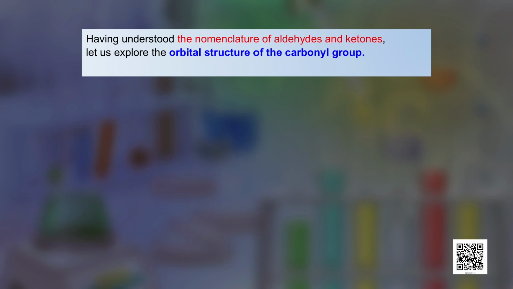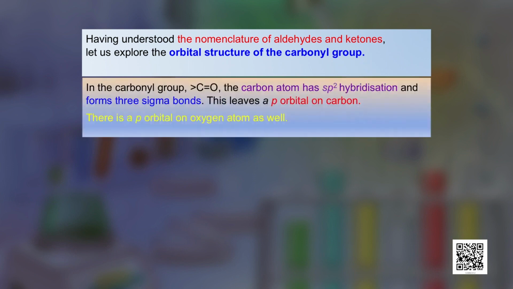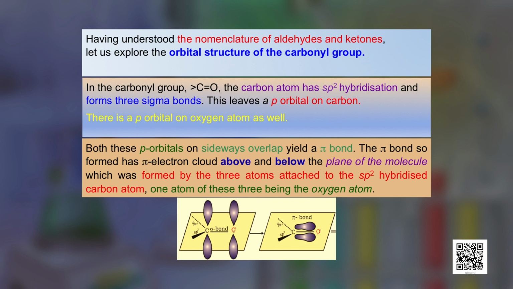After having understood the nomenclature of aldehydes and ketones, let us explore the orbital structure of the carbonyl group. You know that the carbonyl group, that is C double bonded to an oxygen atom, has sp2 hybridization and it forms 3 sigma bonds. This leaves a p orbital on the carbon atom, and similarly there is a p orbital on the oxygen atom as well. You can see this in the structure here. Both the p orbitals on carbon and oxygen overlap sideways and give a pi bond. The pi bond so formed has a pi electron cloud, you can see in the structure, both above and below the plane of the molecule, which was formed by the 3 atoms attached to the sp2 hybridized carbon atom,